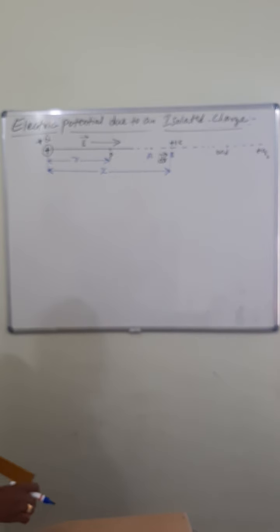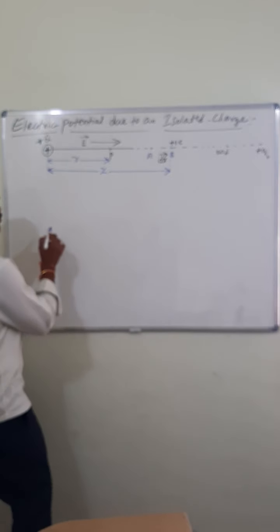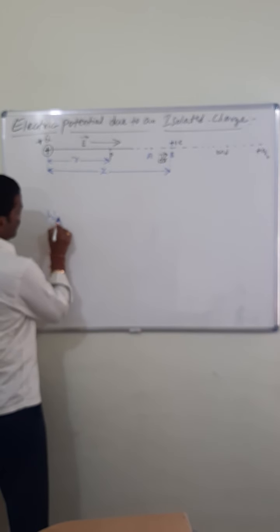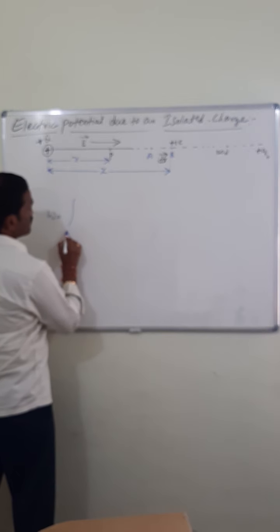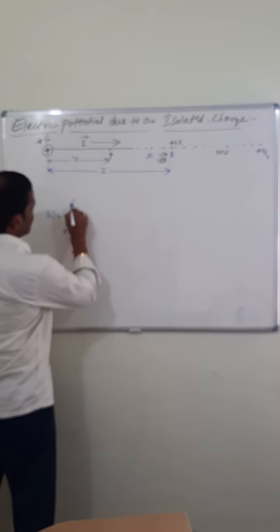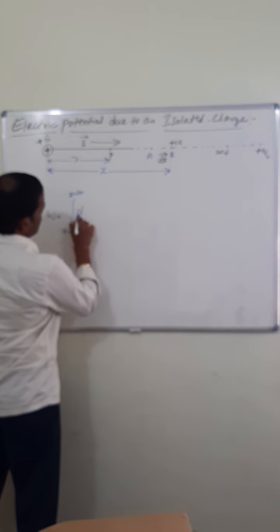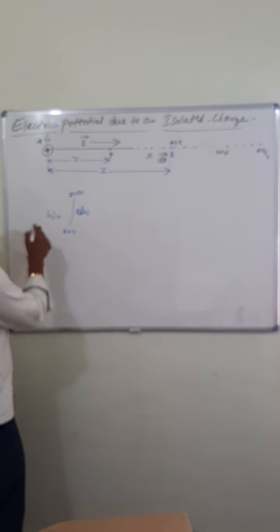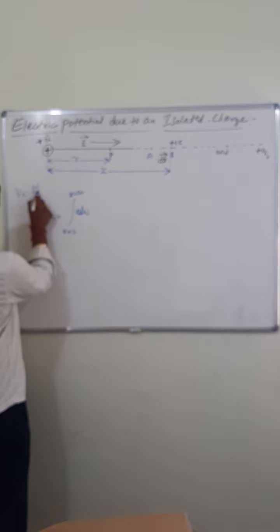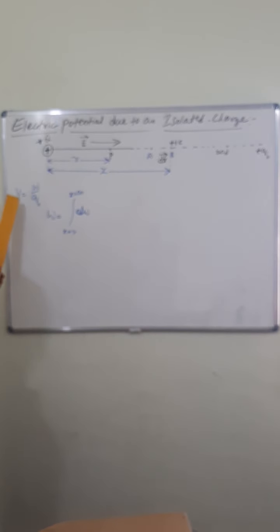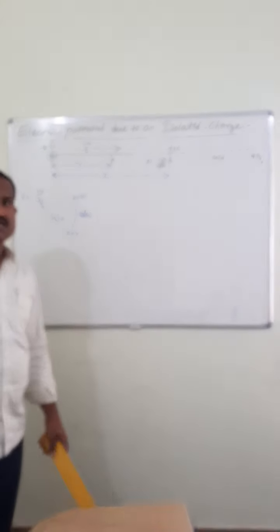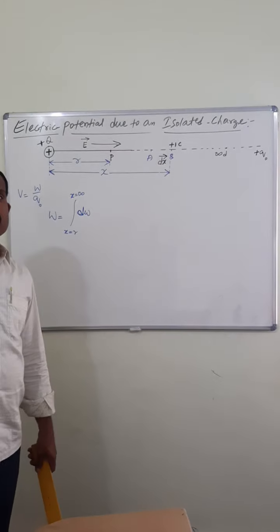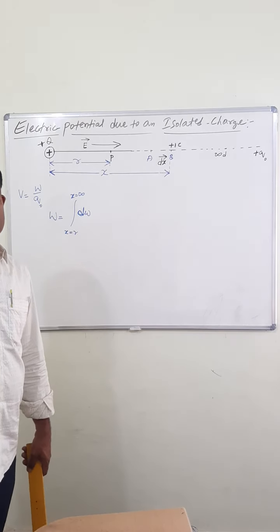So first of all, it is the total amount of work done. What is the total amount of work done? Total work done is equal to the integration from x equal to R to x equal to infinity of dW. Electric potential is the total amount of work done per unit charge, that is, to bring a positive 1 coulomb of charge, or a Q naught, from infinite distance to a particular point against the direction of electric field.